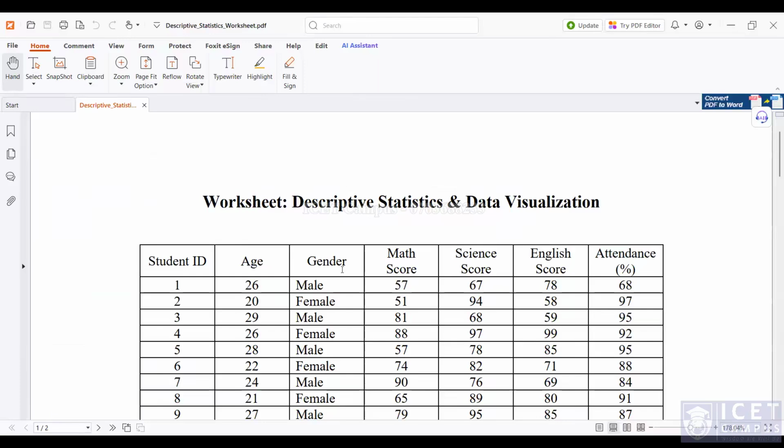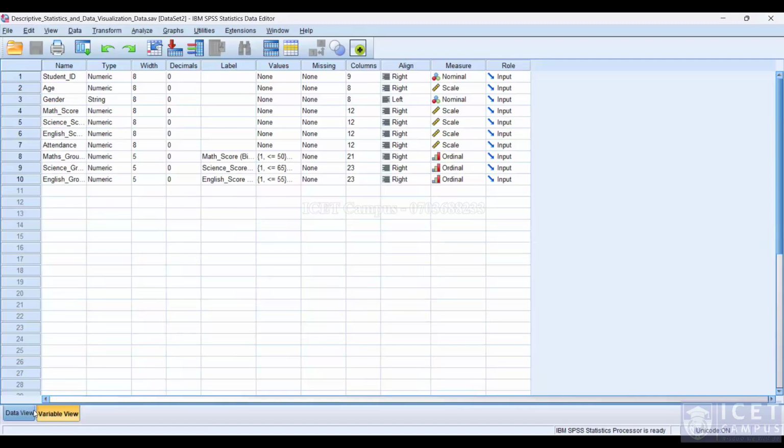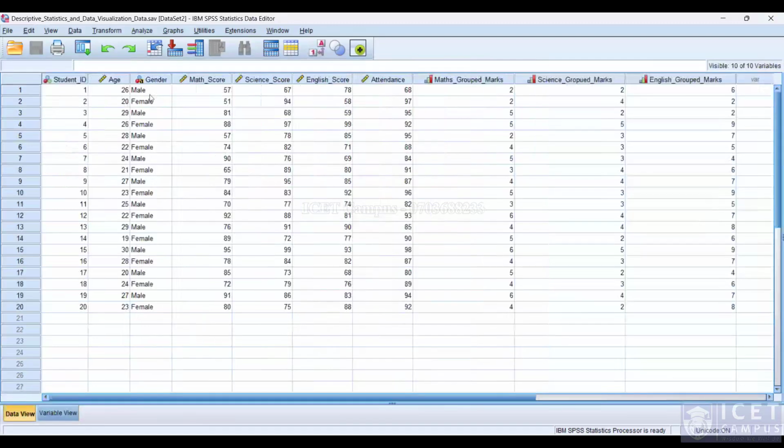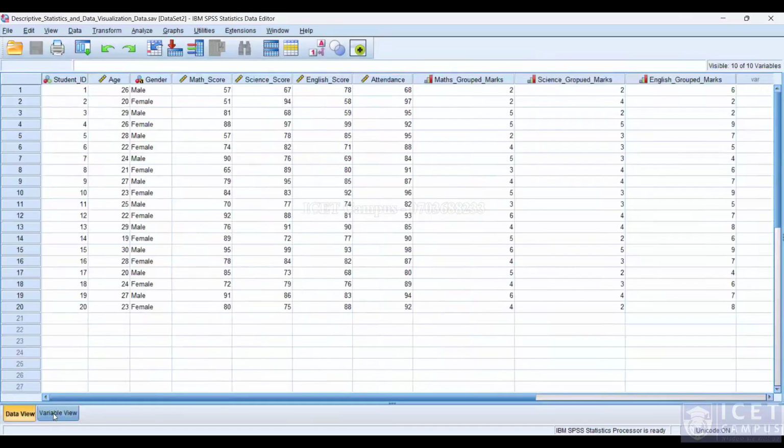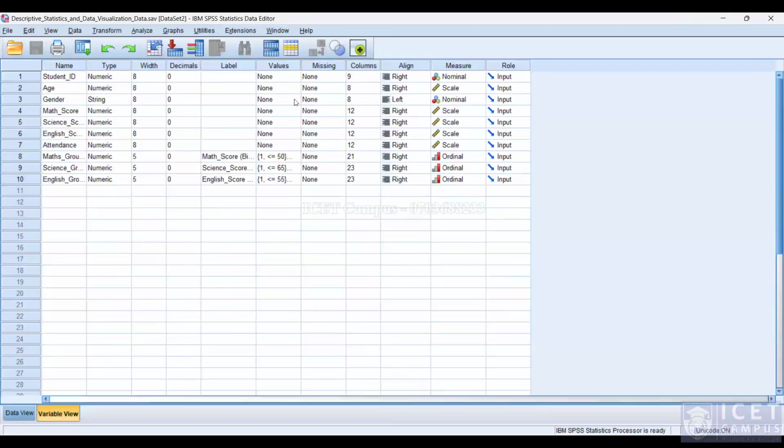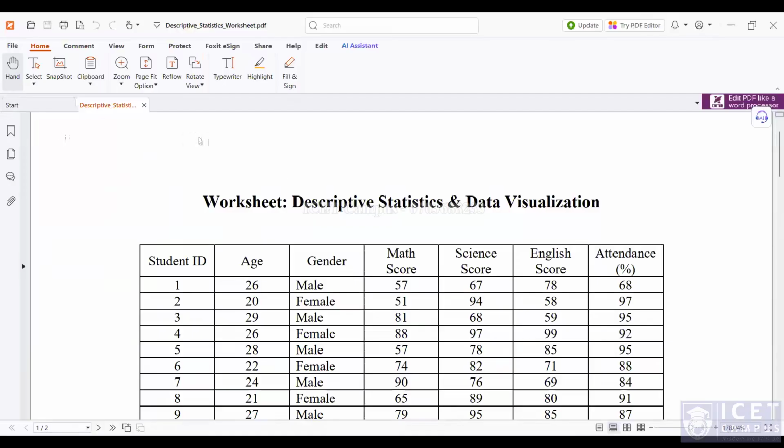Gender I added as a string, just male and female with name. If you want, using these values, you can assign F and M for male and female. It is also possible. Then math score, science score, English score are